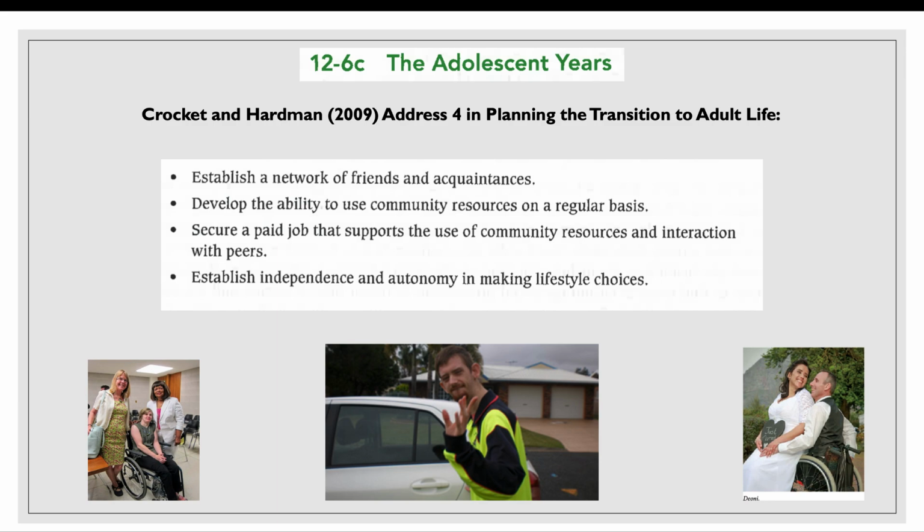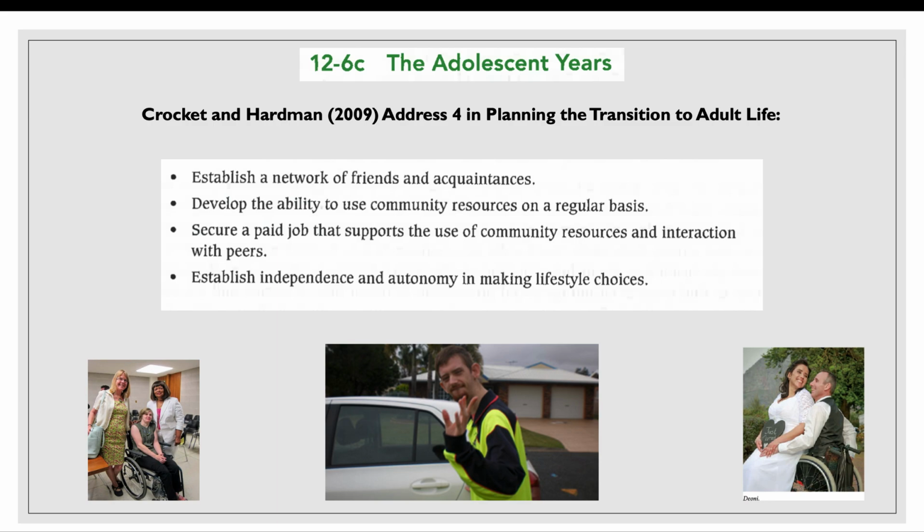We need to transition them maybe the last 9 weeks, but more than likely throughout the course of their whole senior year that they are with us in the school setting, guiding them to those community resources and how to use them consistently and regularly. Help them secure a paid job that is going to support the use of the community resources and the interaction with their peers. And you can see